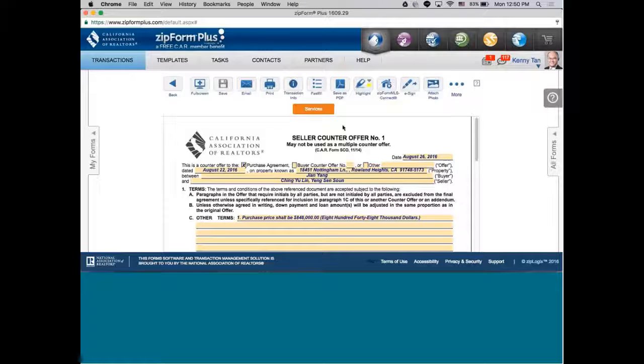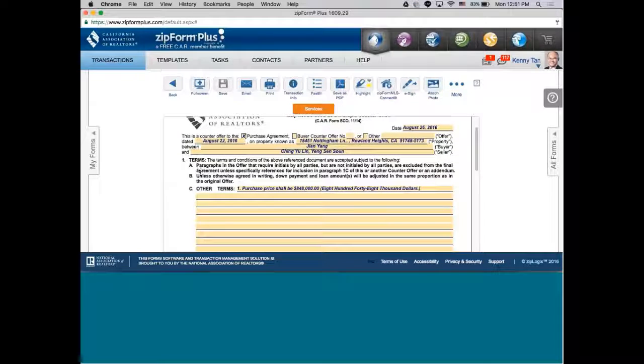Now, this will be number one, and you have today's date, and then you have the date on the buyer's offer, whatever the date is. And then you have the buyer's name, seller's name, and if you look here, A and B are just standard terms. Basically, A means the terms and conditions are accepted subject to the following. So if there are no changes, then